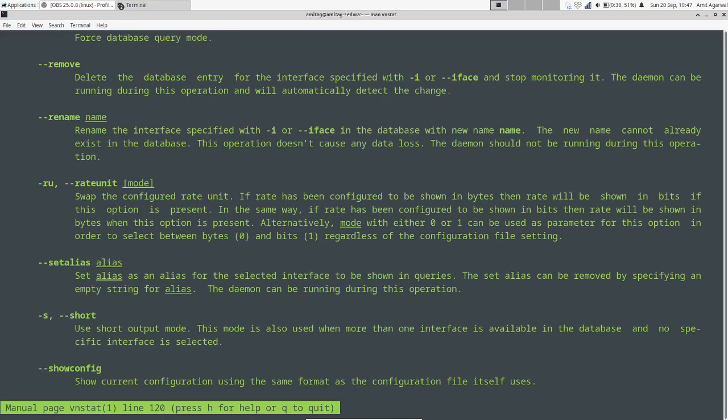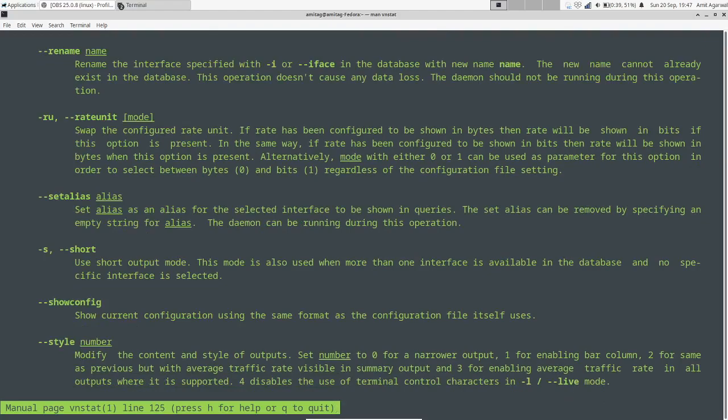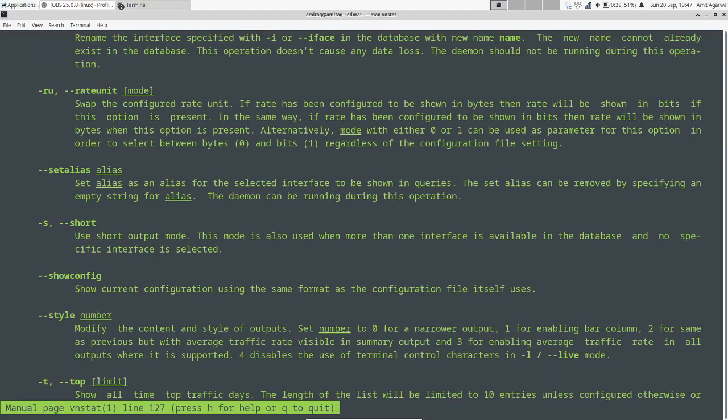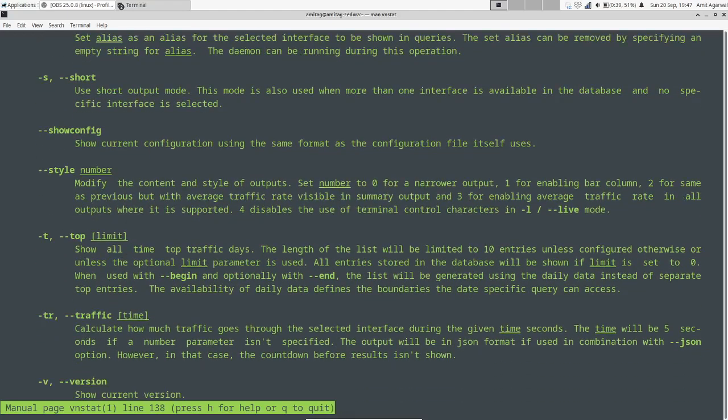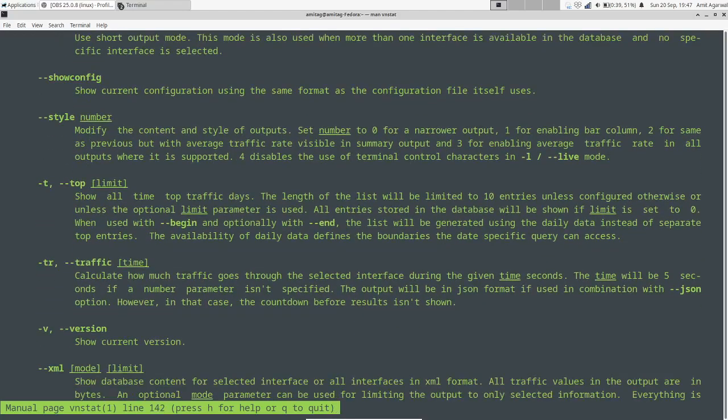So this alias is basically useful when you are sending it in a mail or something, then it helps to identify which interface this is, right? Otherwise, if you have, let's say 7, 8, 10 interfaces on a single machine and you don't label them, then it becomes difficult for you to identify which interface is used for which purpose, and hence the data itself becomes useless, because then you cannot identify which traffic is going where, and hence you cannot really see the actual use of it.